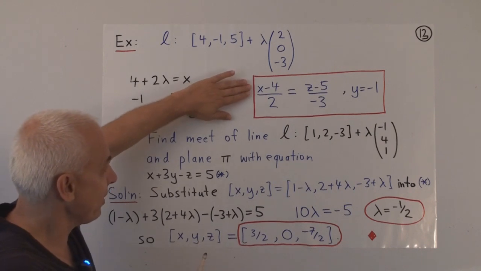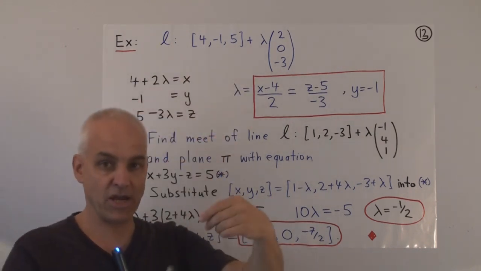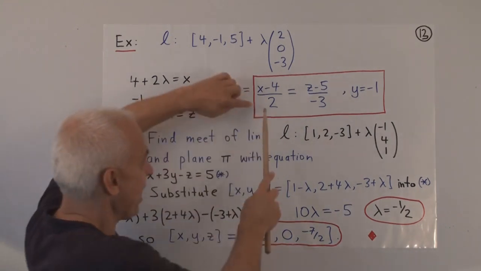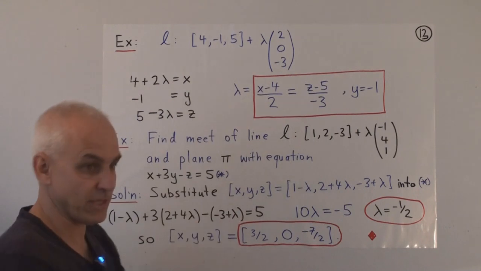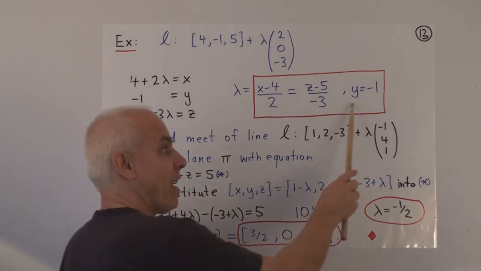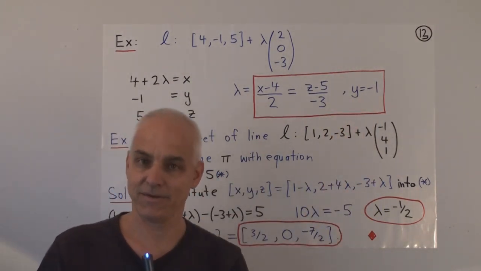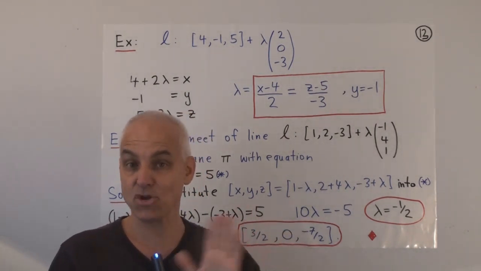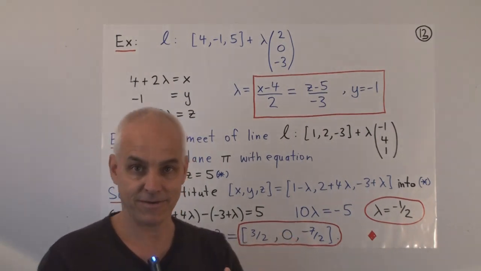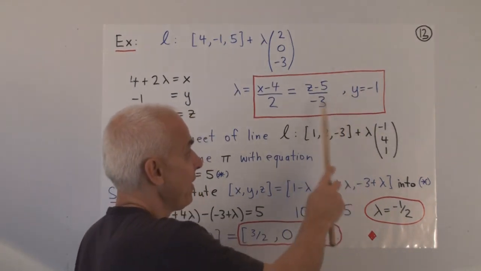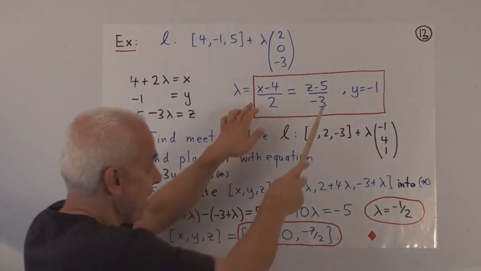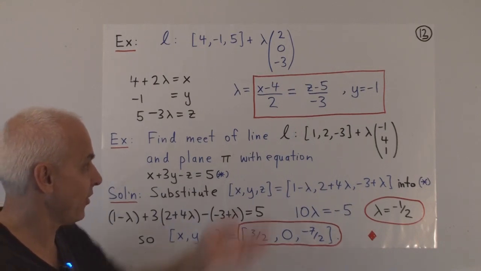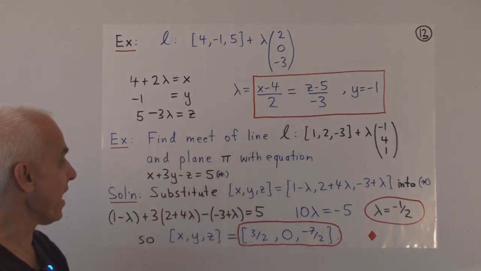Now, if we ignore the lambda, then we see we still have two equations, but they're a little bit different in relation to each other than previously. We have this as one equation, that's one plane, and y equals -1, that's another plane. That's a plane parallel to the xz coordinate axis. Okay. So that's still a plane, that's a plane. Those two planes together, those two equations, determine the line. So this is a Cartesian equation for that line.